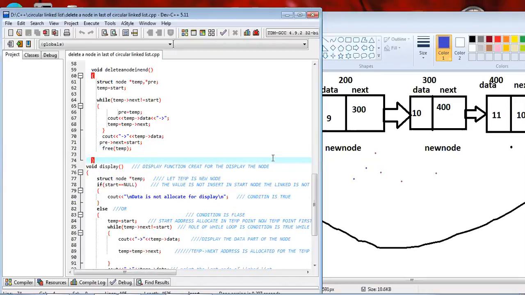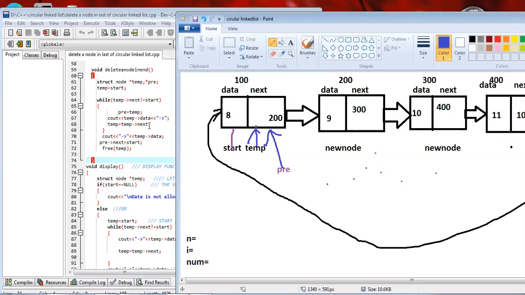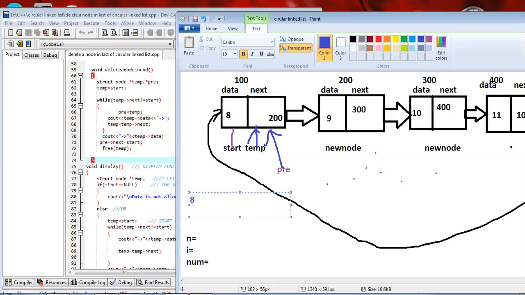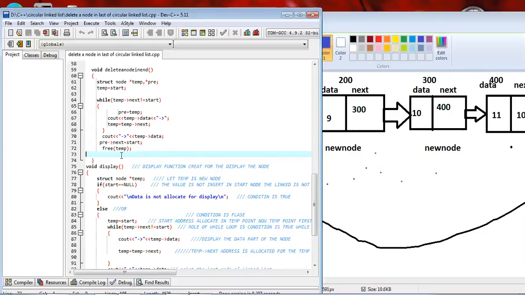See out temp data, meaning temp points to this node, and this node contains the data 8, displayed on our screen. The condition of the loop is checked again.